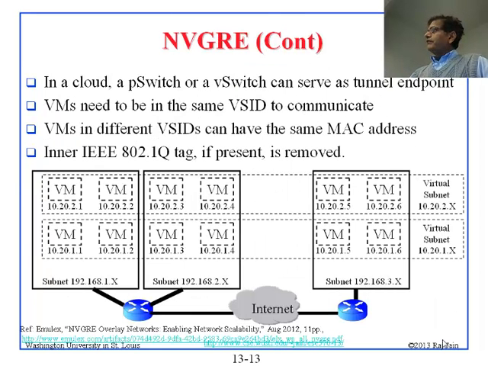So the outer one will be these ones. Inside, the customer could be using those ones. That's why we need GRE: to hide the inside information, put it inside another packet, and send it over